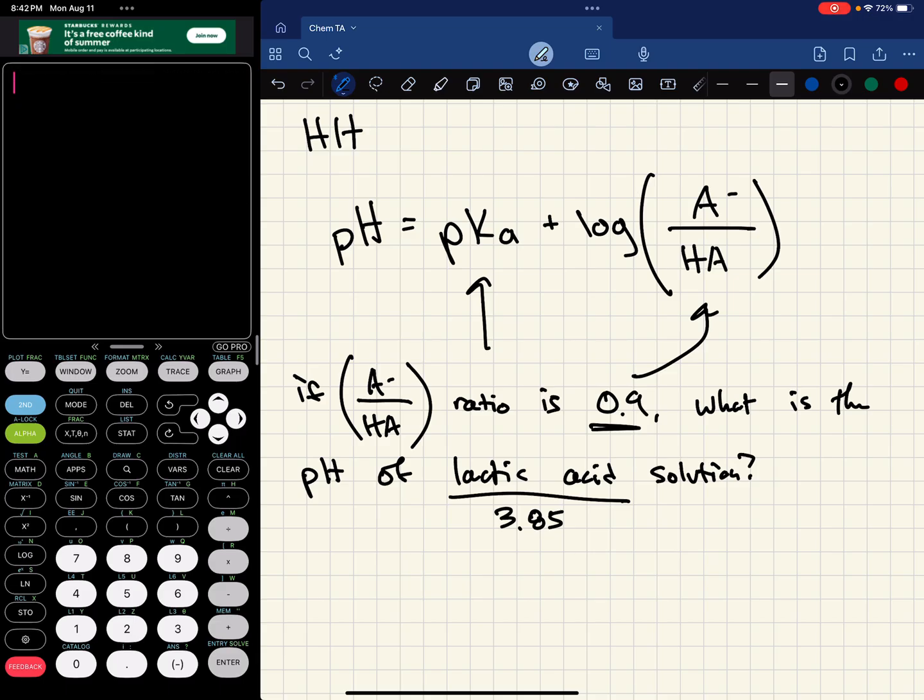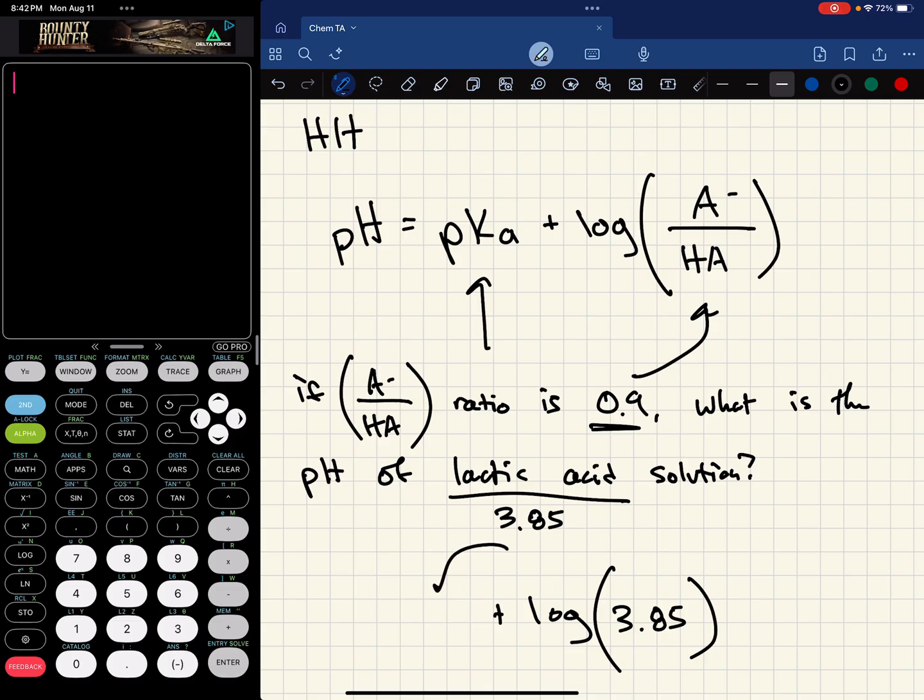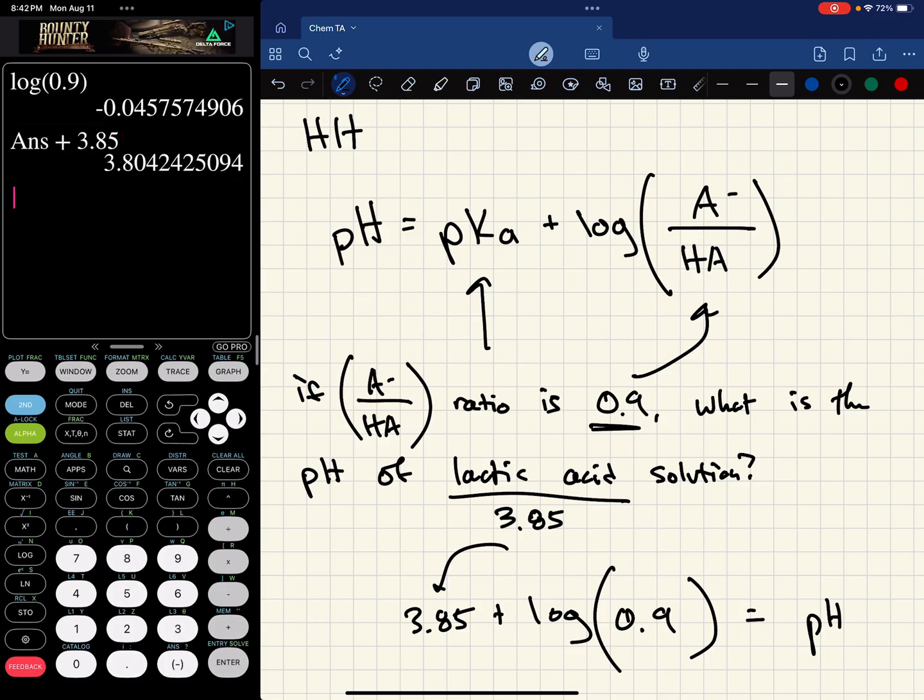So we just plug this in. Literally, log of 0.9. This isn't reverse negative log, it's just normal log, and then our pKa, which is 3.85, and that is going to equal our pH. So we solve for it. Let's do the log first. Wait, I did that wrong. The log of 0.9, that's our ratio. Sorry. Log of 0.9, and then we're going to add that to 3.85. And our pH is going to be